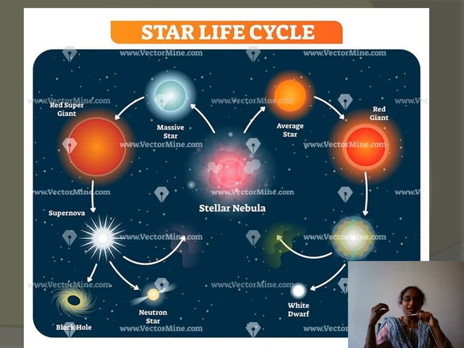Once this hydrogen and helium mass gets reduced after a certain amount of combustion is done, then it comes to a condition where a bursting out of nebula elements happens to the outer layers. A huge mass will blow up or burst out. It is something like our atom bombs blowing, even like the hydrogen bomb which we always take in the Diwali festivals. There it is a very minimal amount of hydrogen, but here it is tons and tons of hydrogen and helium getting burned. If a small bomb itself is blasting out so many materials, you can imagine how a star blasts out its outer layer and produces so many elements.